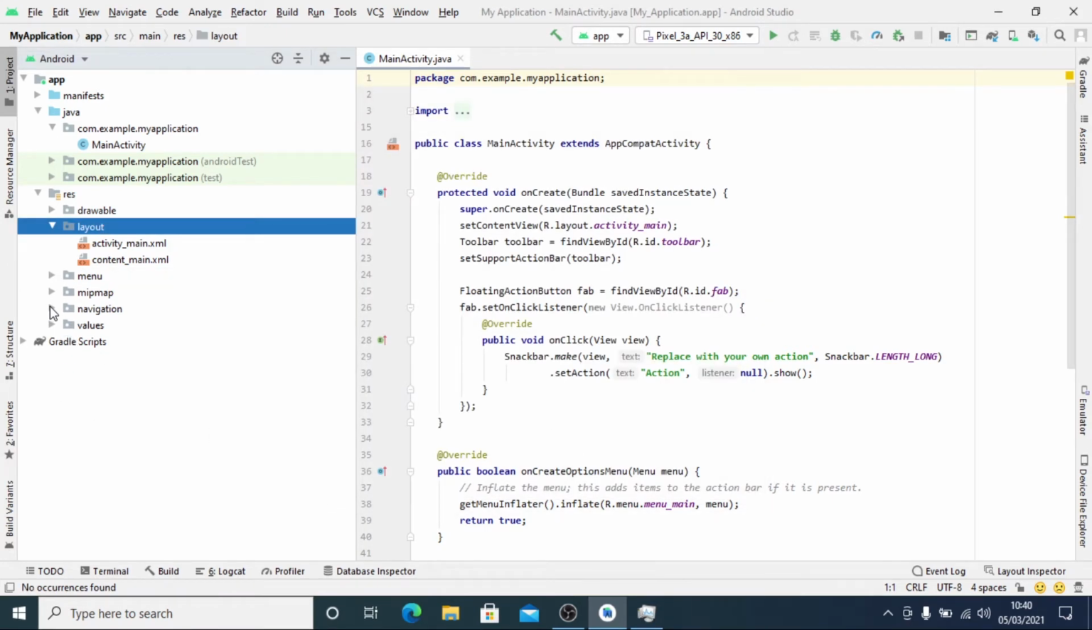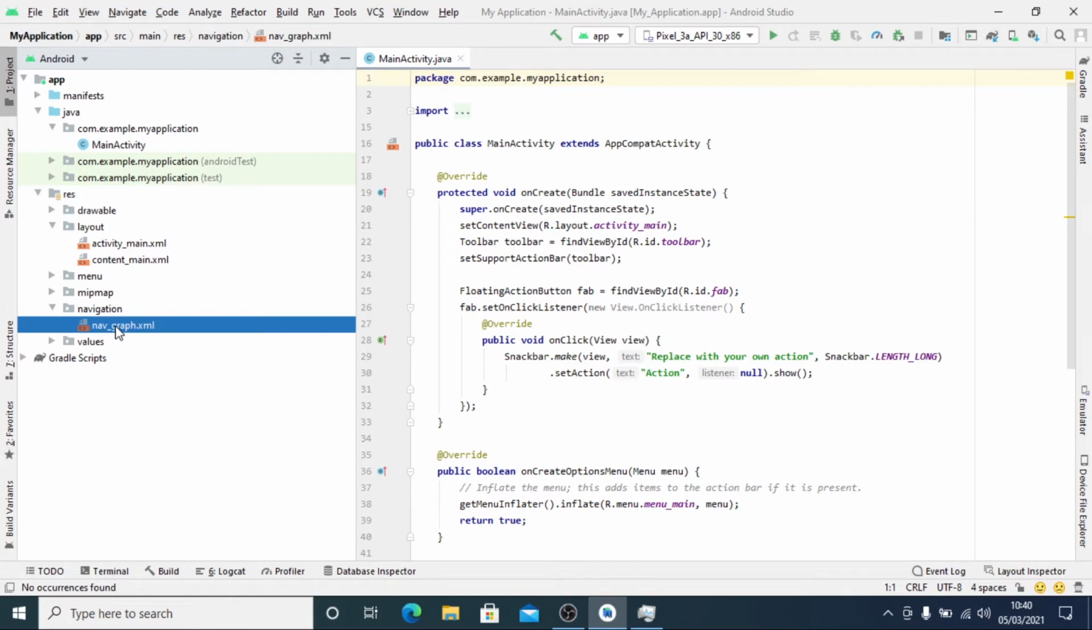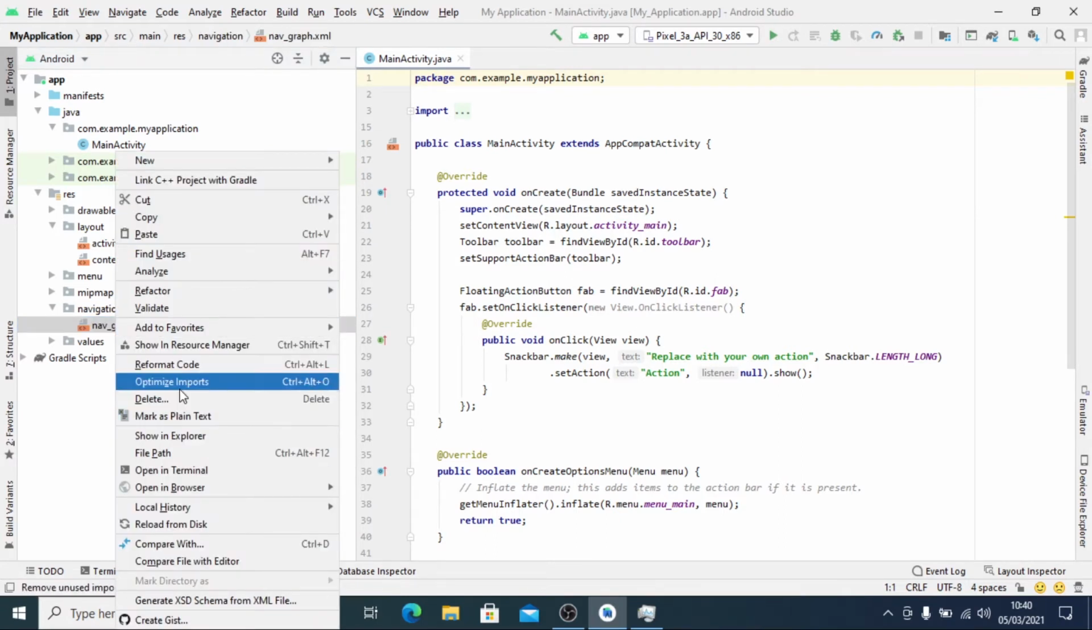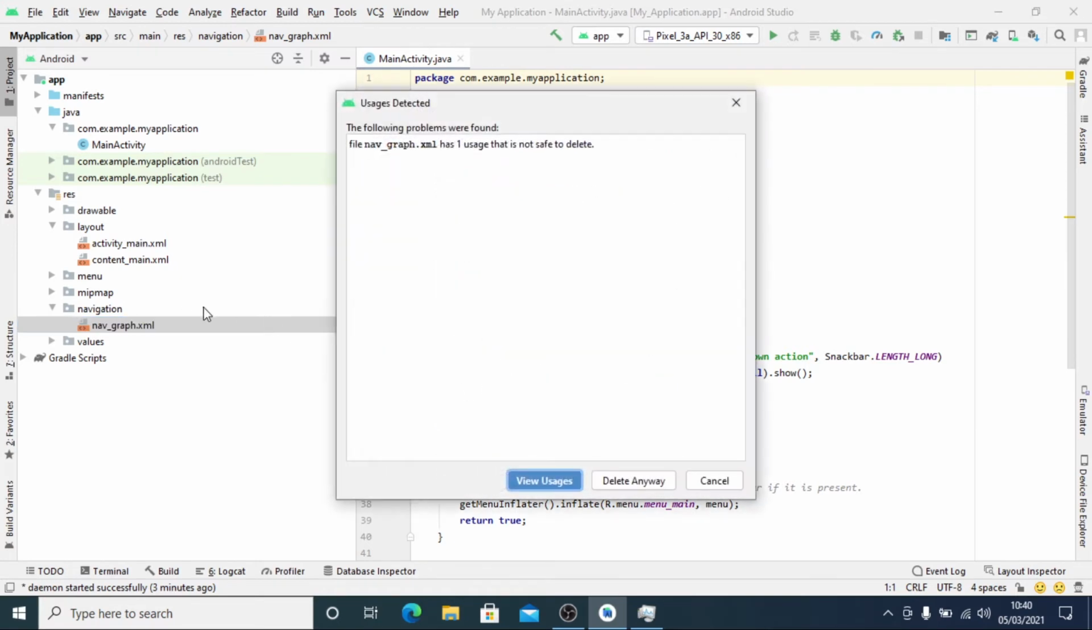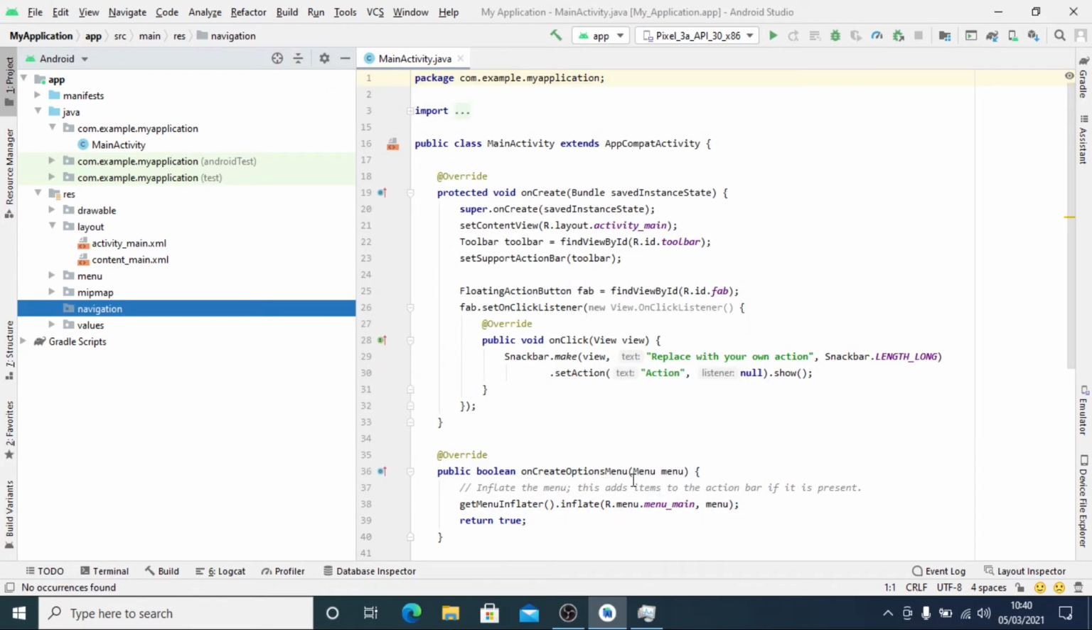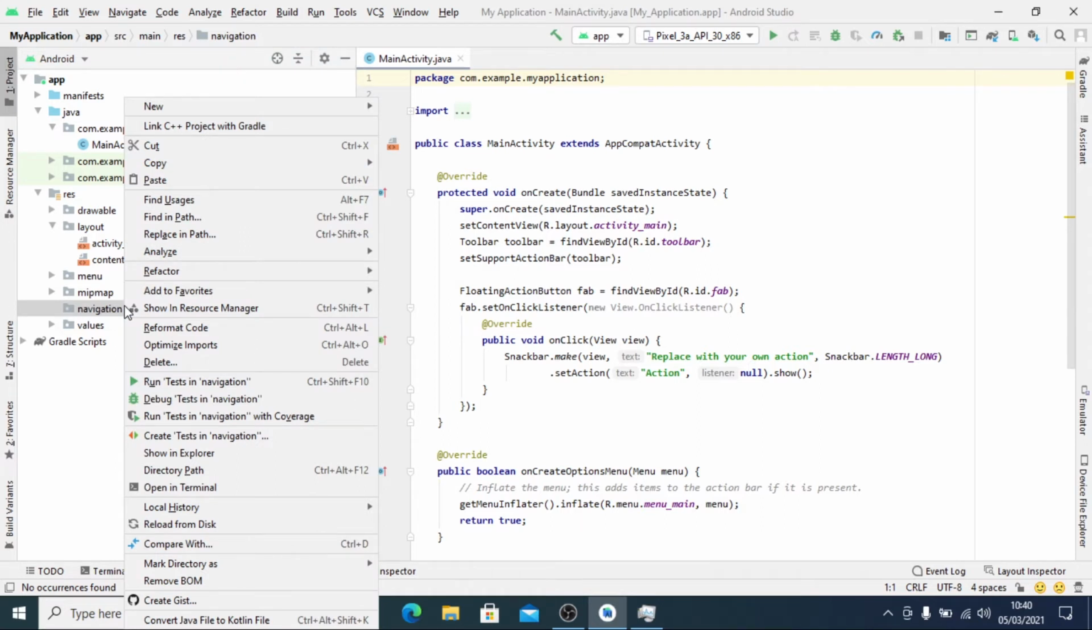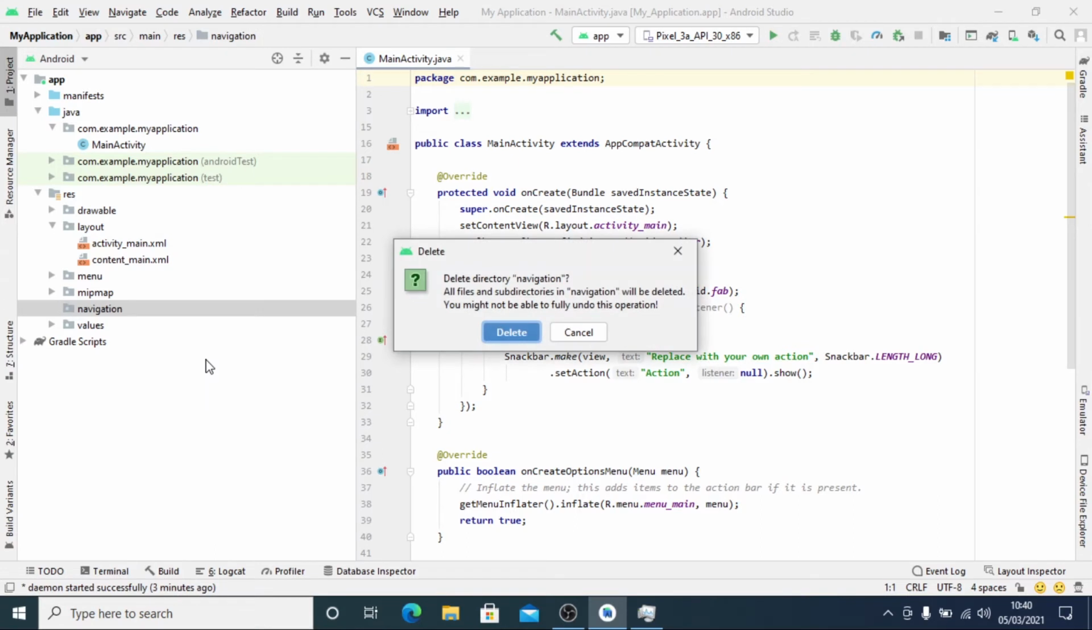We'll also go to the navigation folder. We don't need the navigation graph, so we delete it too. We can also delete the whole folder entirely. So yeah,